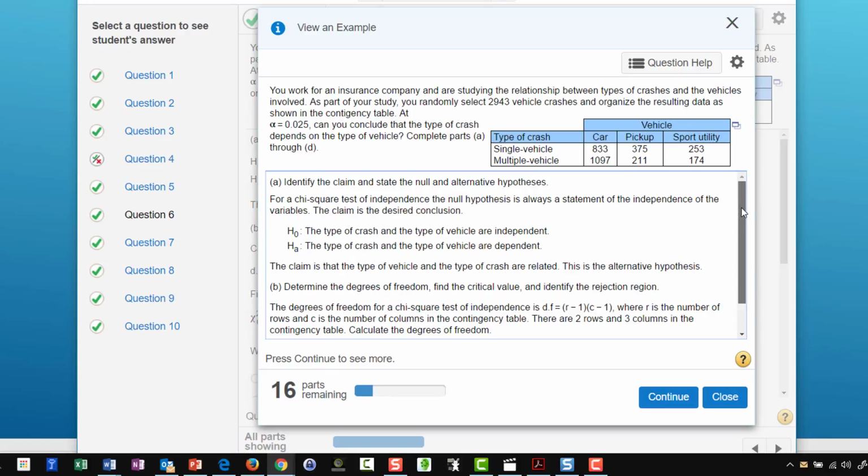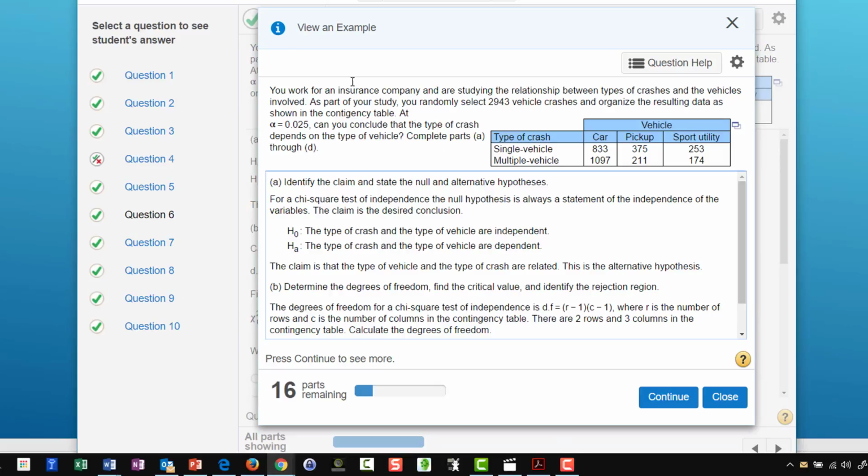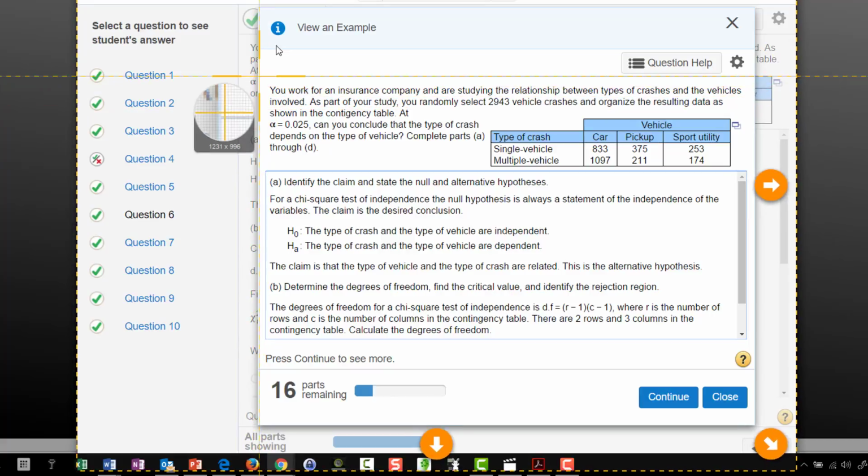One thing that you might consider doing is to copy down these steps as a study aid. And the way that I recommend doing that is to get a screen clipping tool. I use one by TechSmith, and you can get it. It's free. It's called Jing, J-I-N-G, and I've got the commercial version called Snagit. But you just click on Capture, and what I would do would be to